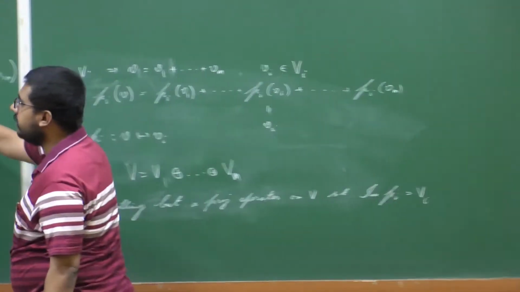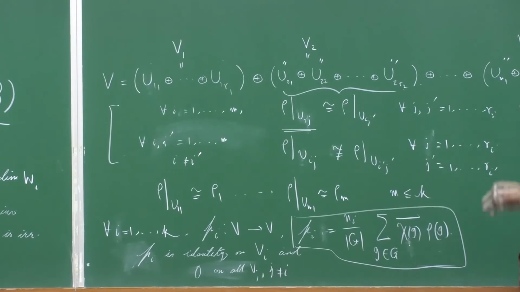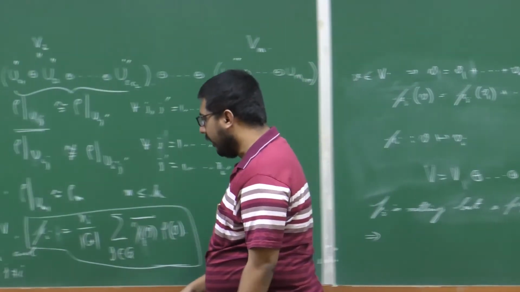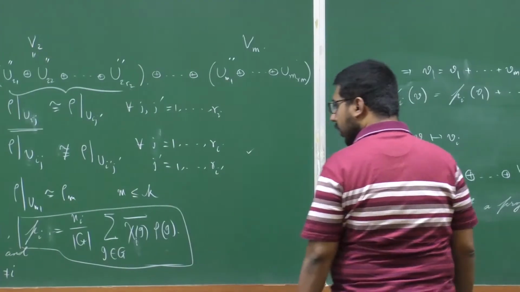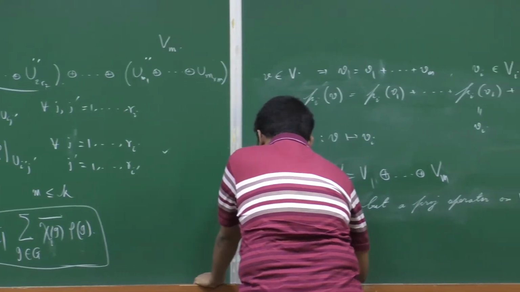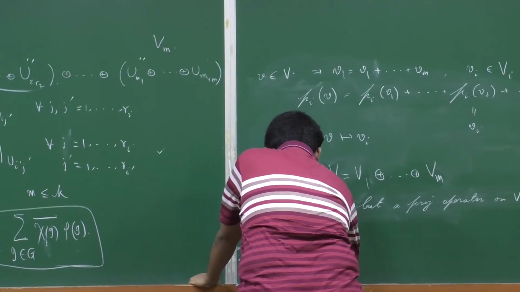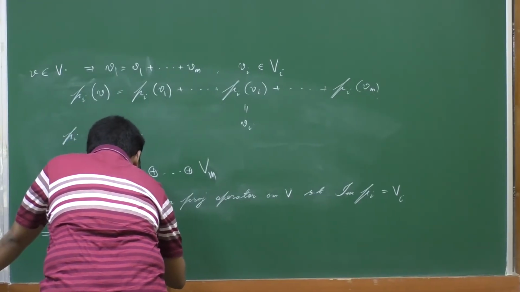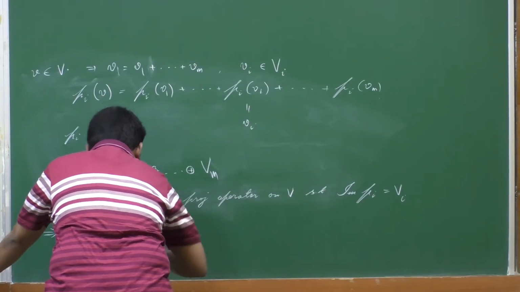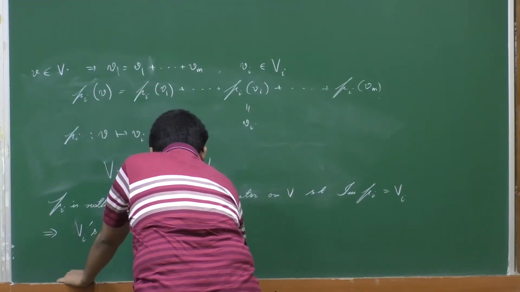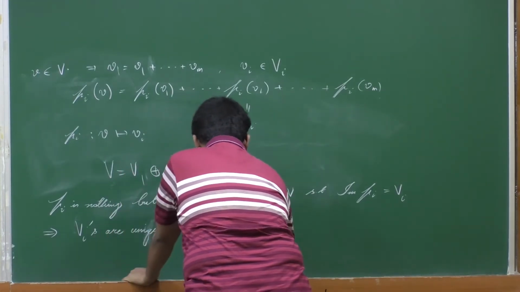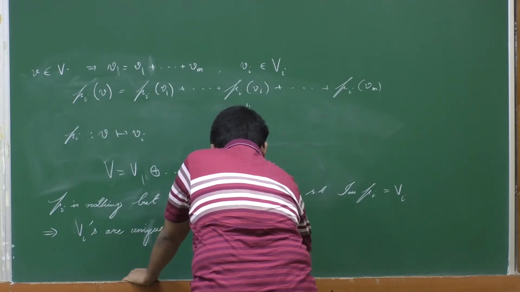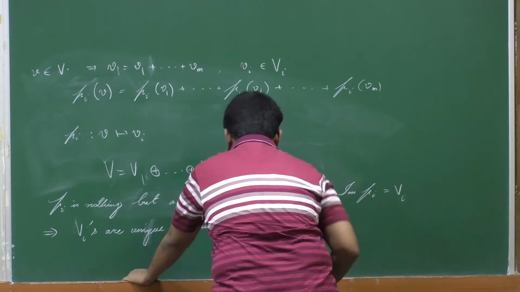So even if these UJs are different, at the end of the day the VIs that we are going to see will be the same. Okay. So this shows the VIs are unique, because they are the images of